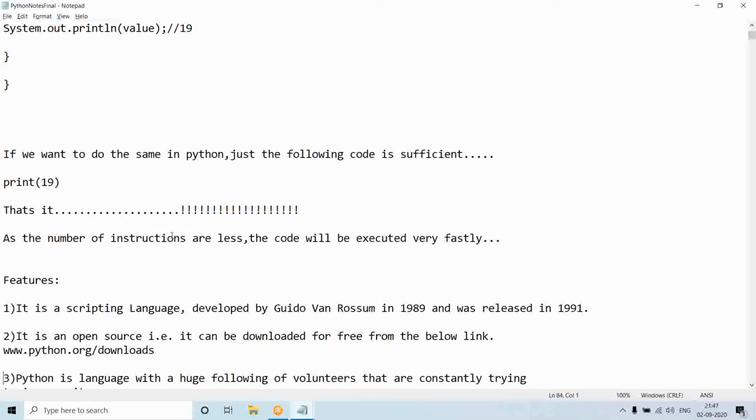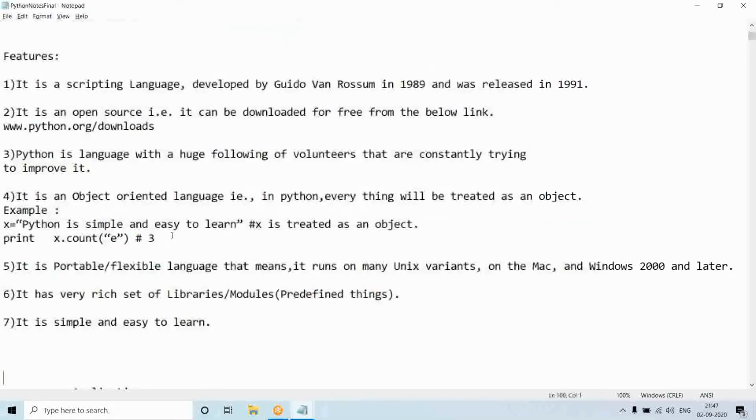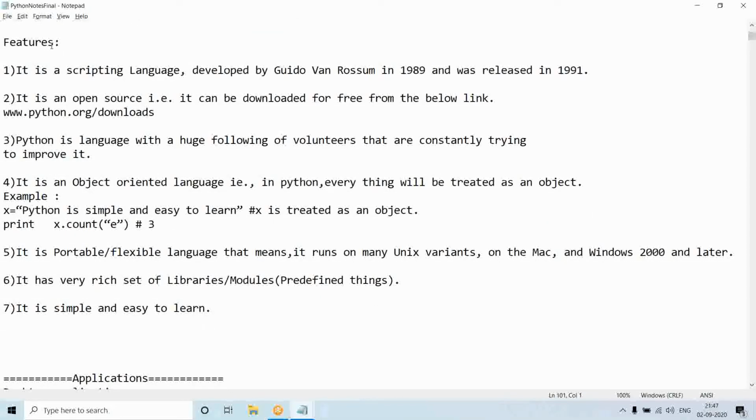Got it? So now we will see some features in Python. We have already discussed that Python is a scripting language, and that Python is open source. To write and execute Python programs, we need to download the Python software.